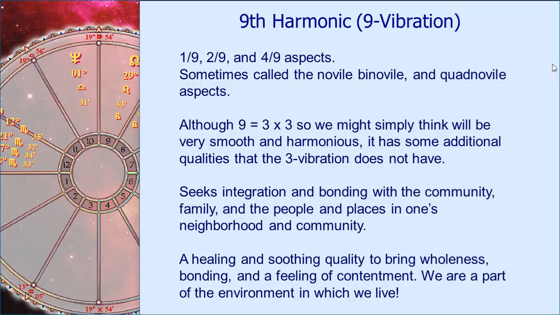Well, 9 is 3 times 3. 3 is smooth and harmonious, as we all know. It's the trine aspect. We talk about that in part 1 of this 4-part series. So you might think that 3 times 3 is just ultra smooth, but actually there's an additional quality in a 9 that's not in 3. And that additional quality of 9 is bonding with the community, bonding with family, bonding with the people and the